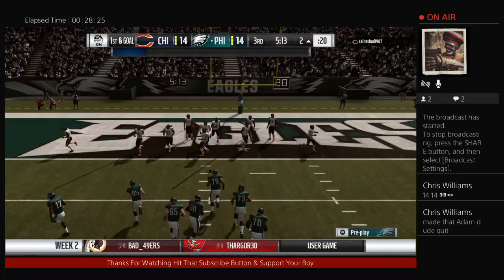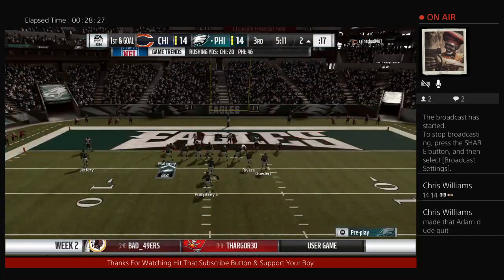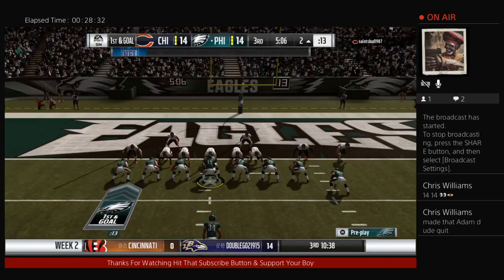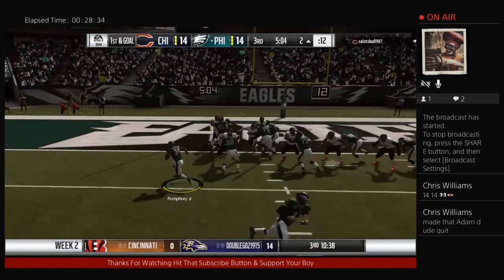As long as you go through your proper reads and progressions, the drag route can be one of those old reliable plays because usually it's good for a good chunk of yardage, as we just saw there. And those guys like it, right? They can get the ball with a...